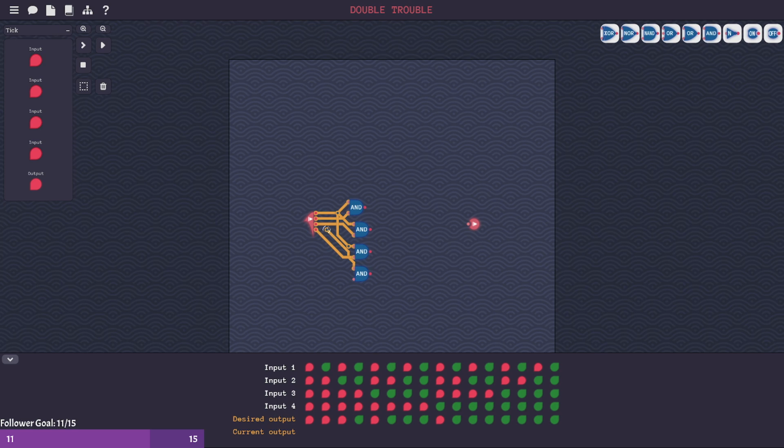Woohoo. Bit 2. Don't love the way that it's trying to do that. Bit 2 with bit 3, bit 2 with bit 4, and bit 3 with bit 4. Okay, I can make this cleaner. I'm gonna